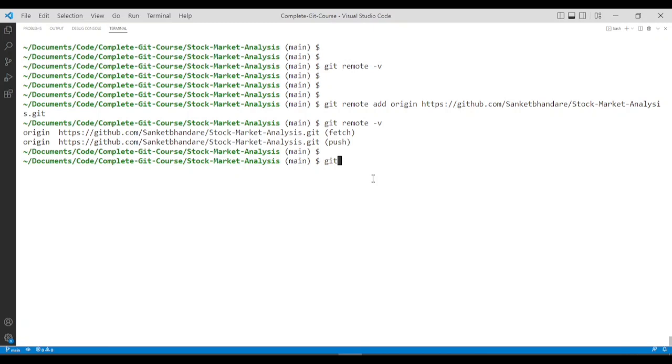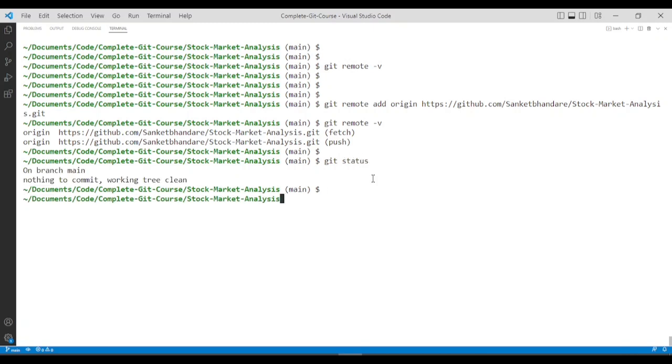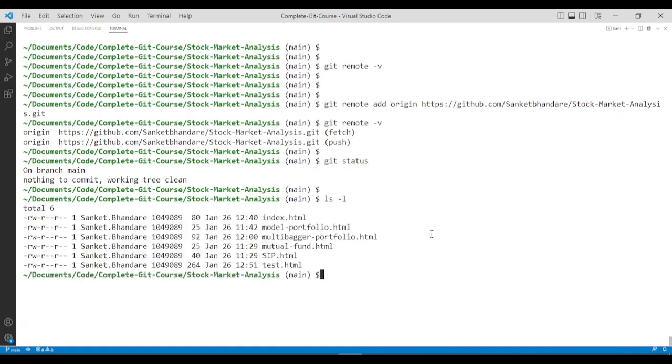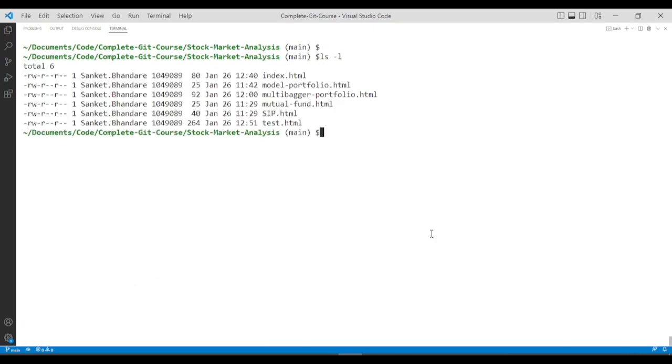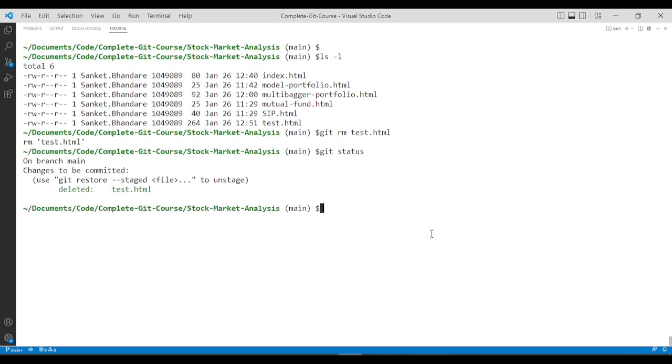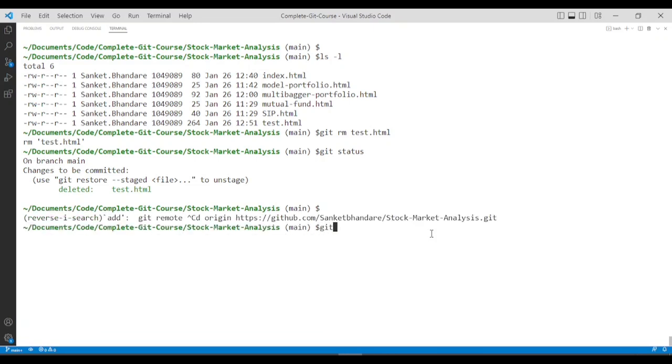Now let's check the current status of the repository. So the working directory is clean, and okay, let's check what is there in test. Okay, so we have one test.html which is not required, and what we can do is simply remove this file, git rm test.html, git status. Okay, so in order to save these changes, let me run a command,